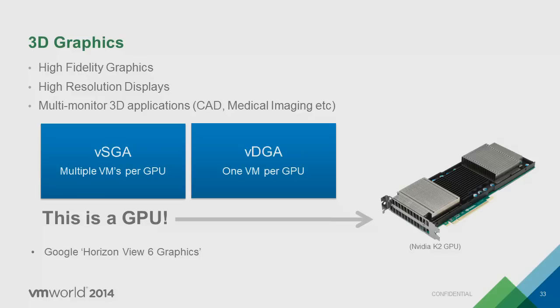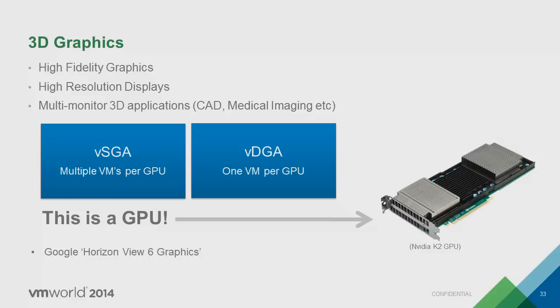And we were playing Counter-Strike at 1080p on one of our endpoints, and I think we saw between 13 and 14 megabits per second for one endpoint just from the PCoIP traffic that was created from that. So if you're looking to use the GPUs and multi-monitor 3D graphics, you will require a lot of bandwidth for PCoIP. It may not work well over the WAN, so certainly do some testing before you implement it